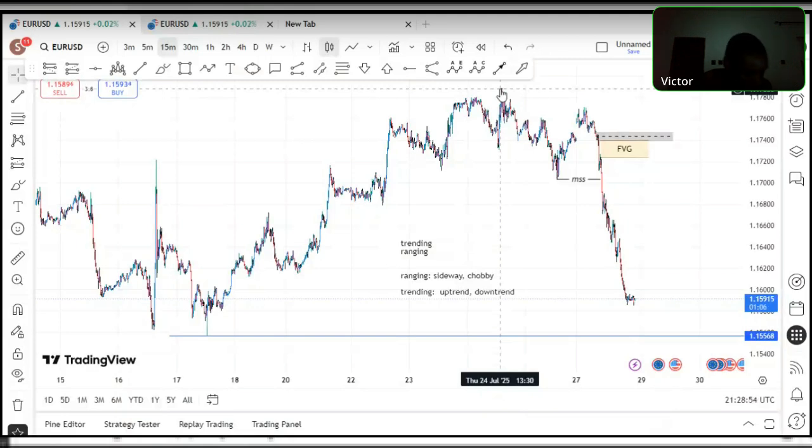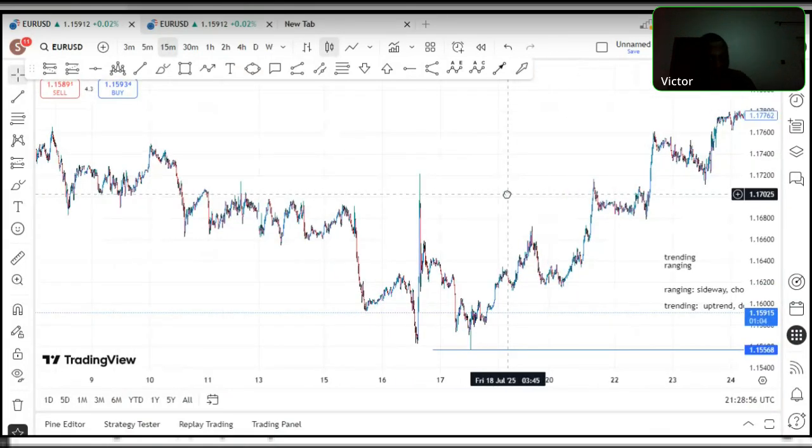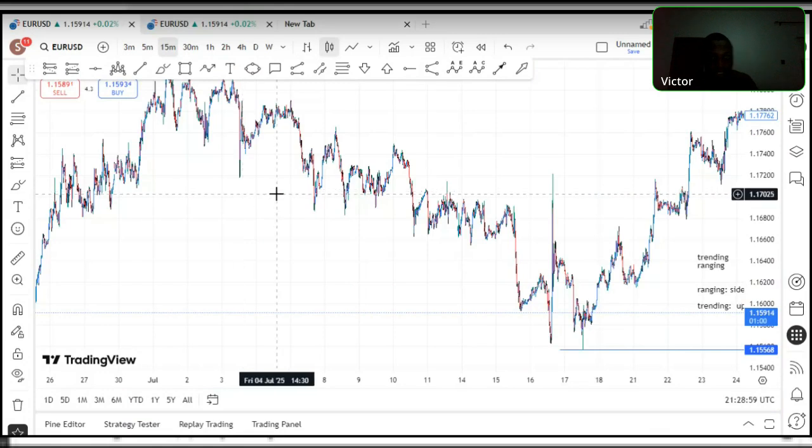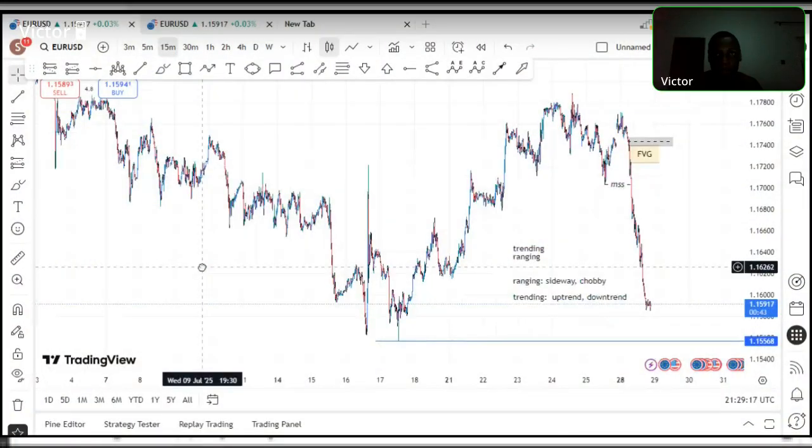Okay, you understand now. So it's the same thing for the bearish market. If I use the term bullish, you know I'm talking about the market going up. If I use the term bearish, you know I'm talking about the market coming down. So the bullish market is when the market is trending up, and the bearish market is when the market is trending down. You understand? Great. So now, the next thing I want you guys to know is that